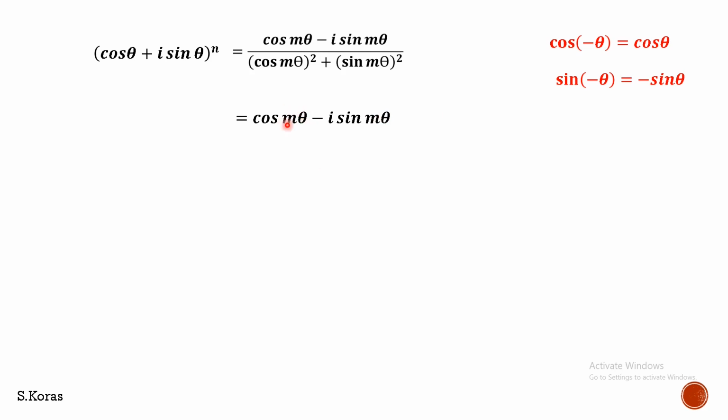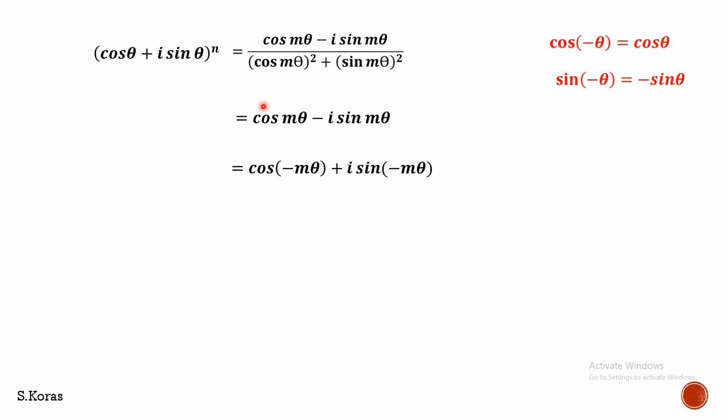Shall we do it? Yes, we can do it, because cos of minus theta is nothing but cos theta. Even if I add a minus sign here, it will not do any harm, because the formula says cos theta as well as cos of minus theta are equal to one another. So cos m theta can be replaced as cos of minus m theta. Using these techniques, we have applied this in the formula. Instead of m theta, we have written minus m theta. That is no problem, because cos of minus theta is cos theta.